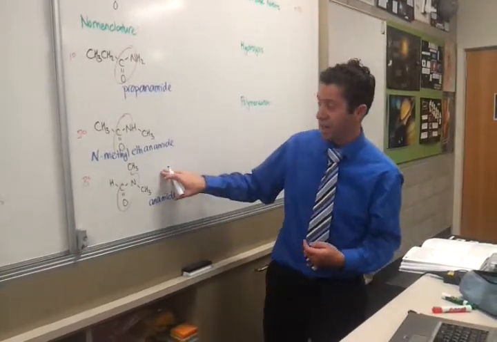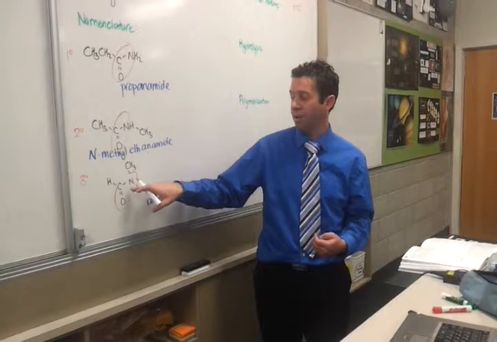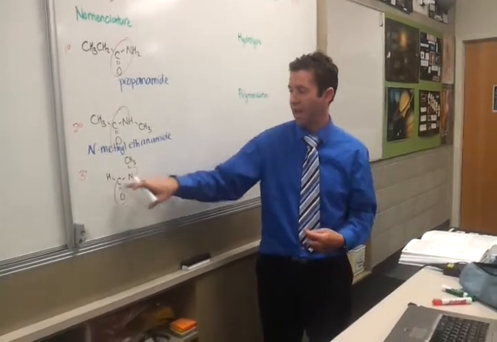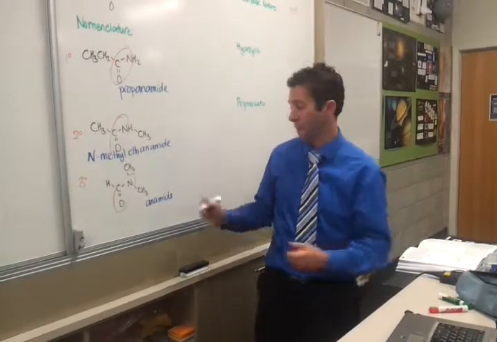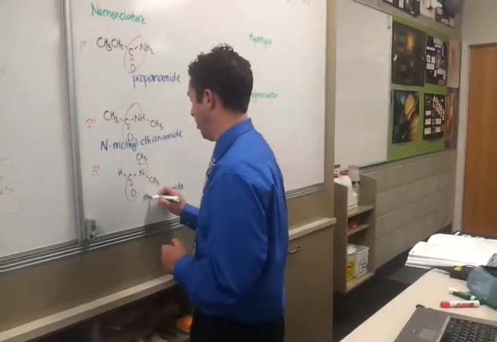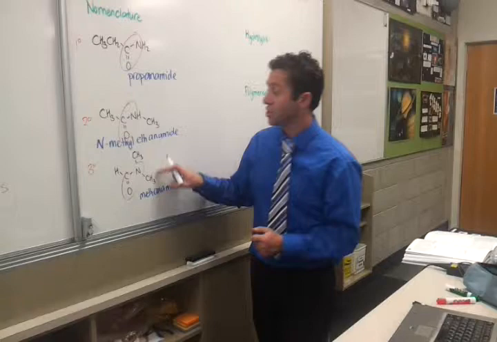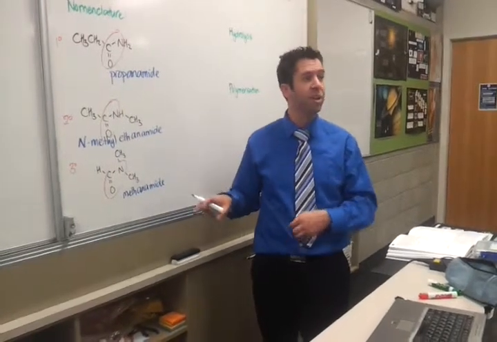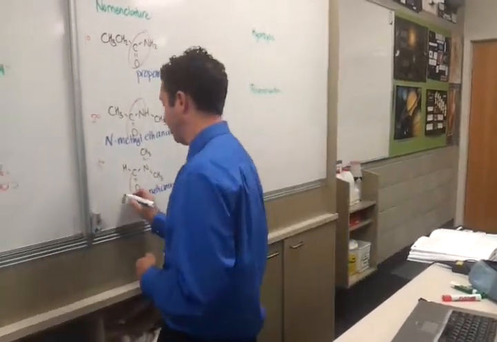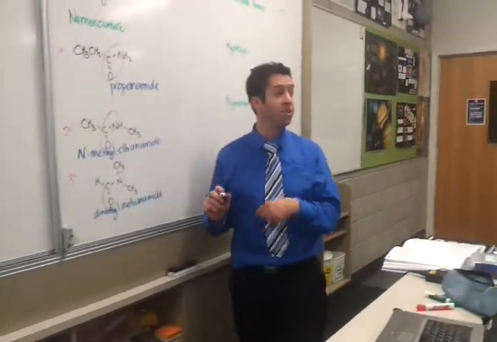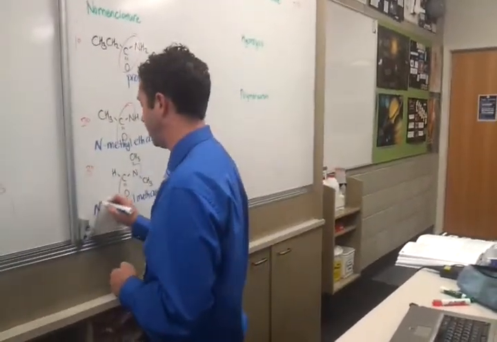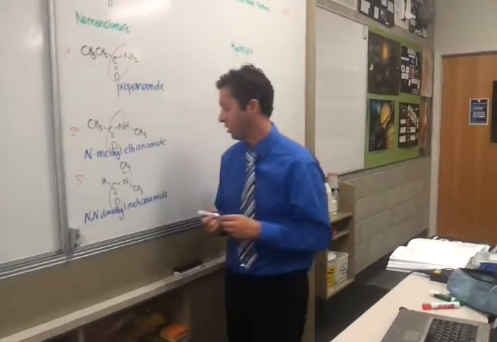When we get this one here, how many carbons have we got in the amide part of it? 1. Just 1, so it's going to be methanamide. Then you've got 2 methyl groups coming off it, so we call it dimethyl. And they're both coming off the nitrogen, so we say N,N-dimethyl